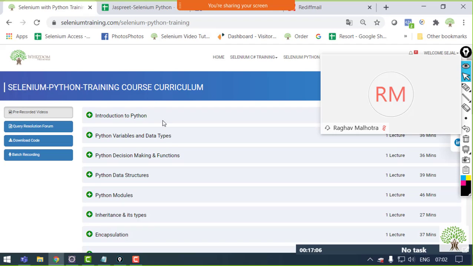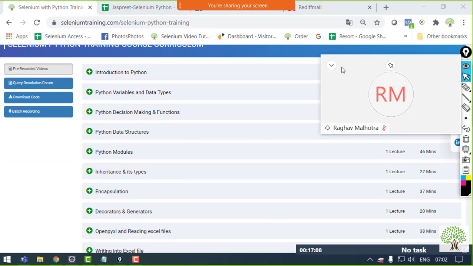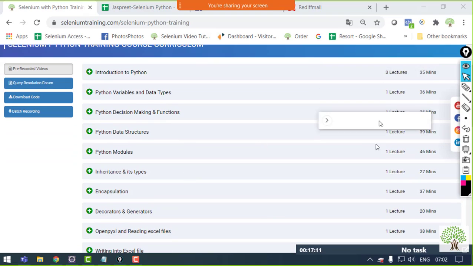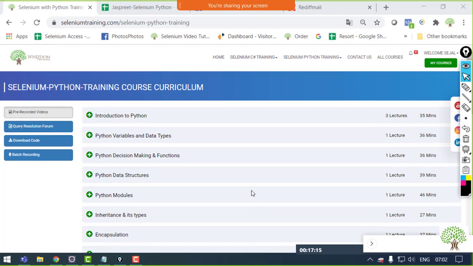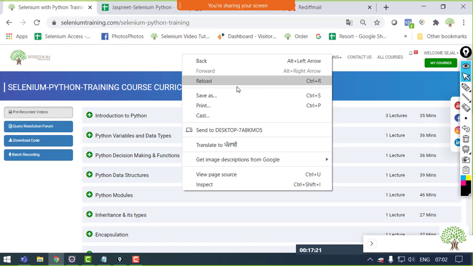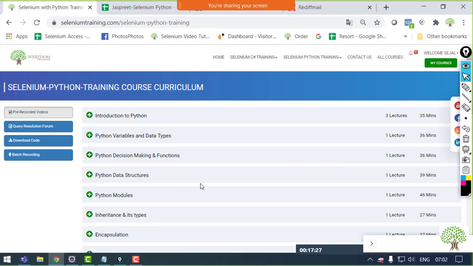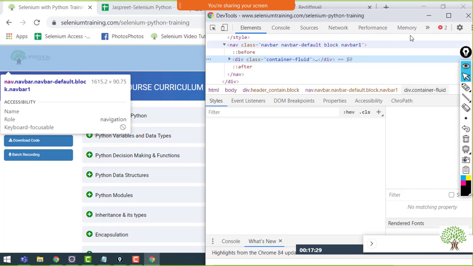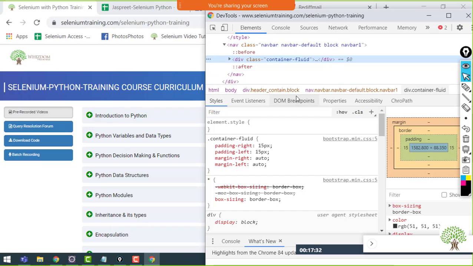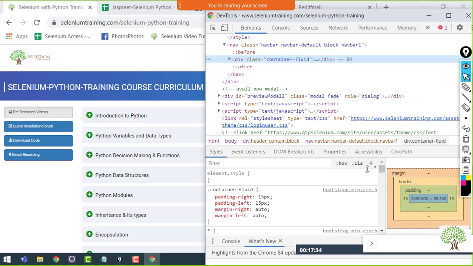Anything that you see on the web page is basically an element, be it normal text, an image, a link, a button, anything that you can see. These all are elements on the web pages. Even if I right click on this page, which is open right now, and inspect this page, this is what I get.